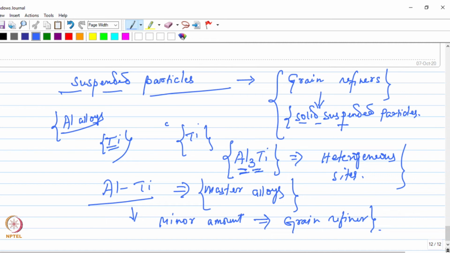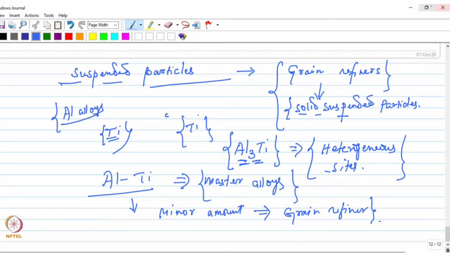They will be in the form of solid suspended particles inside the melt and will act as the heterogeneous nucleation sites and increase the nucleation rate. Okay, so that is how, with the help of adding such grain refiners, you can actually increase the rate of nucleation, and as you solidify the metal, the microstructure will be fine grained. Okay,